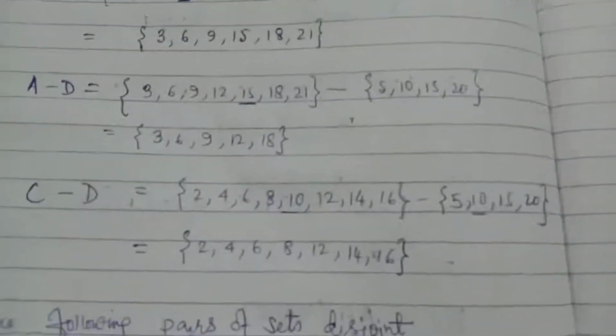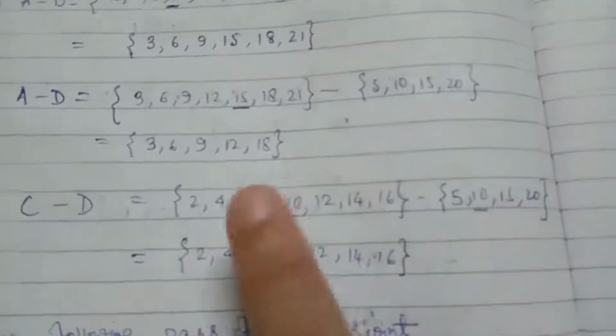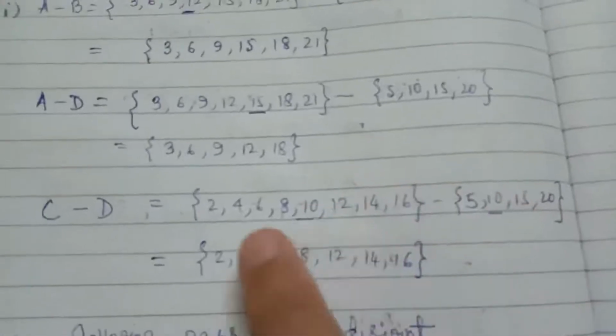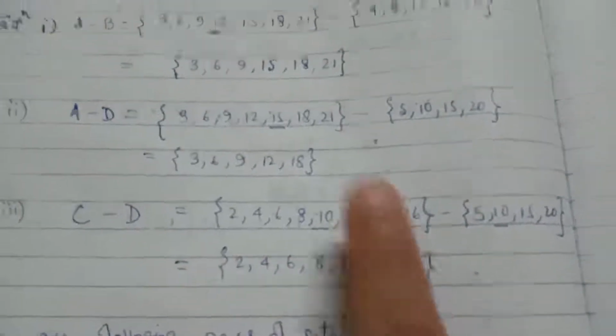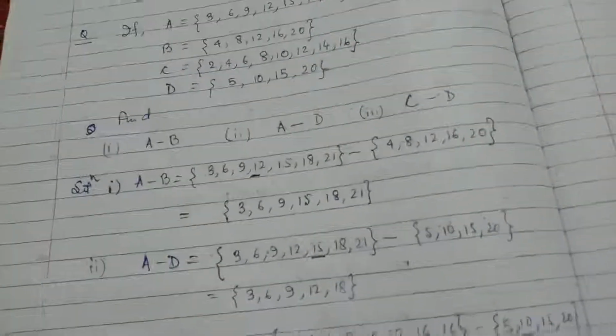C minus D. Similarly, C, D. First, we have to find the common element. 10 is the common element. I have removed 10 from this set. This is C minus D. Such questions are given in the NCERT book. Try to solve all the questions. Next,